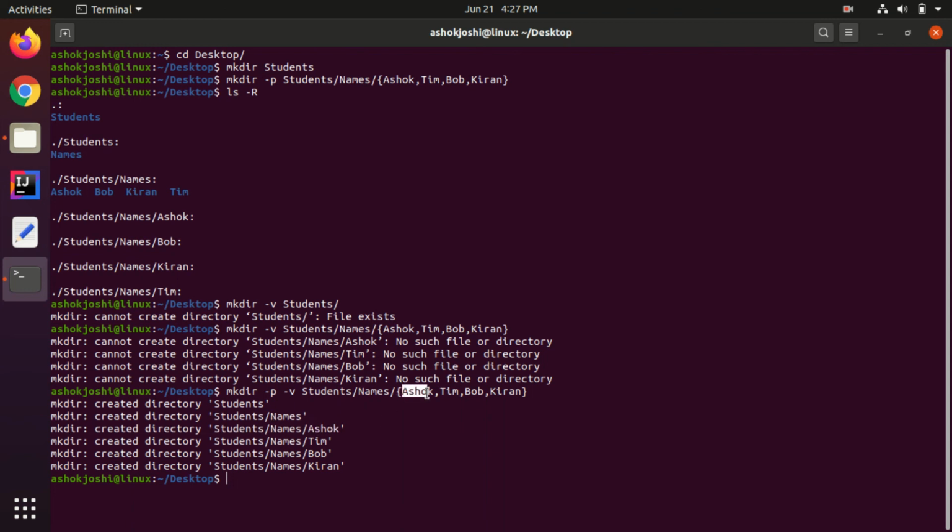Inside names we created one directory, Ashok. Tim was created inside names, Bob was created inside names, and Kiran was also created inside names. So this is what I was trying to say, this is what the -v option will perform. That is how it has shown everything that happened in this particular command.